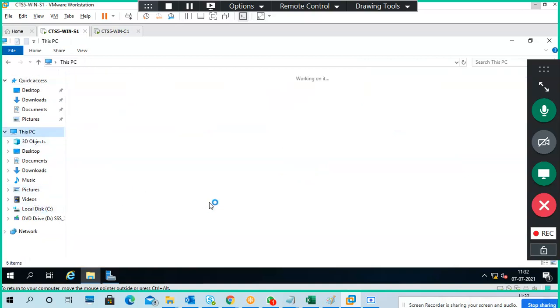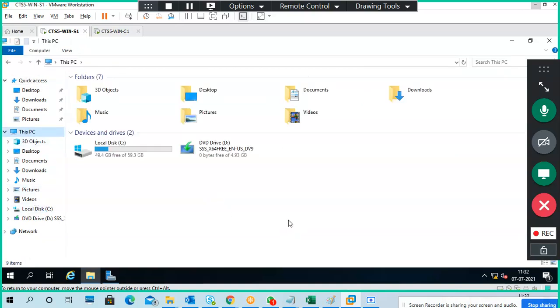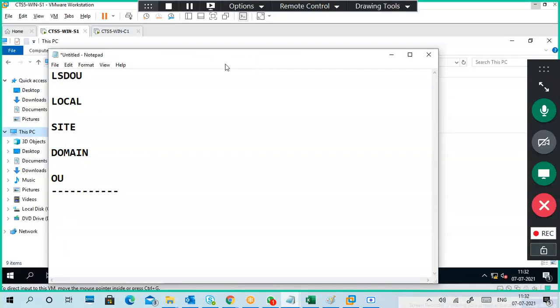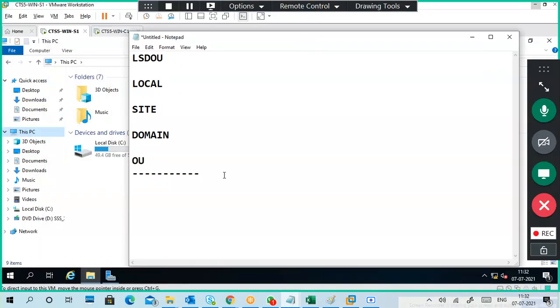So this is my server, guys. I'm starting this practical. Okay, this is my server. Here, always understand which side we are working on, server side and client side. The roles, features, and settings we install from the server are applied in a client, and we verify at the client. So we verify at the client only.